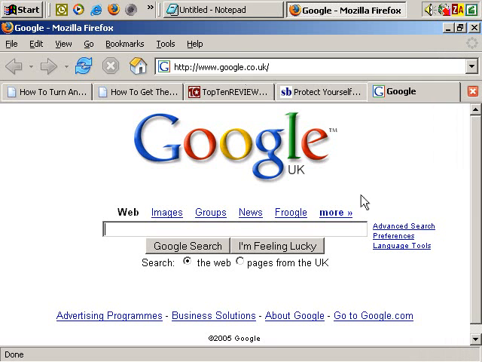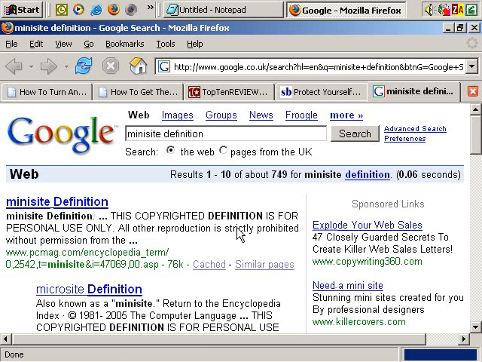Okay, what exactly is a mini-site? A great place to get a definition is Google. If you go to Google and type in mini-site definition and search, you'll get some good results. If you look at the top result, which goes to pcmag.com,